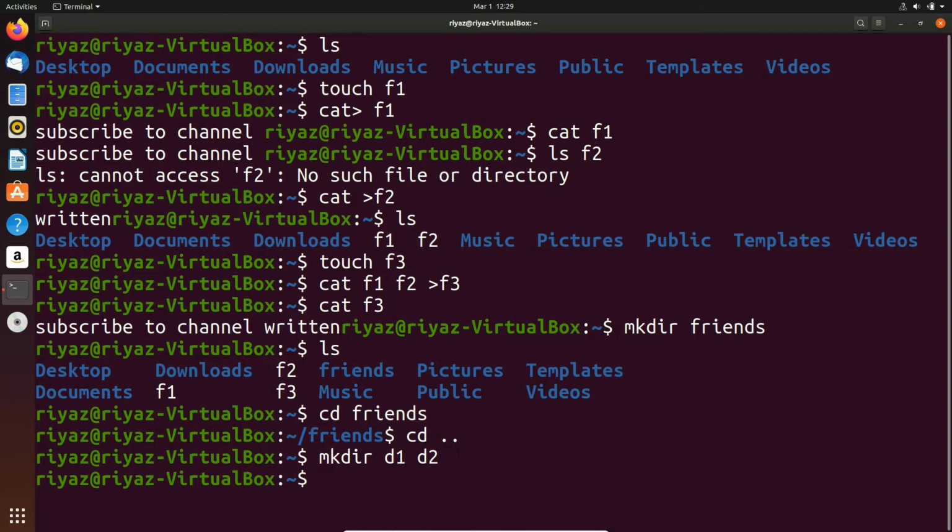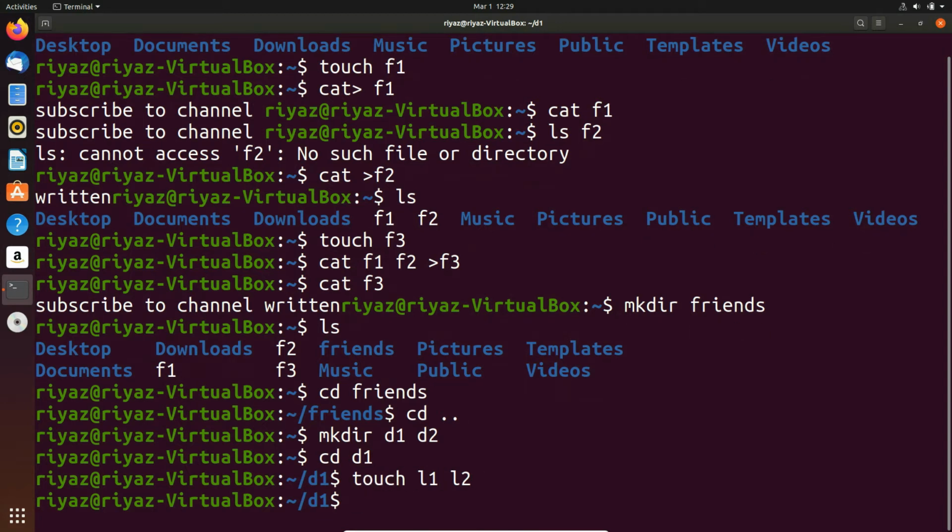We have created two directories. Now move into one directory, d1. Now create two files by using the touch command, touch l1 l2. Now press enter. Now we have created two files in one directory, and the other is empty.